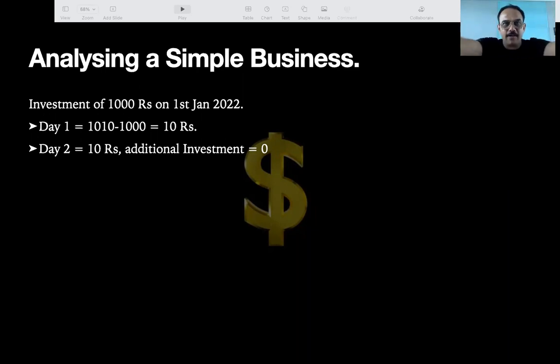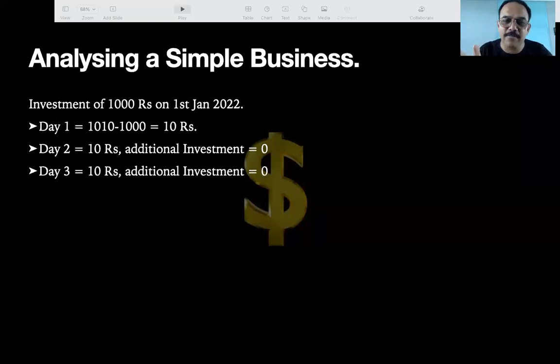He took the inventory of bread, sold it to his customers, took money from them, and he rotated the money as well as the bread inventory also. Third day, any additional investment? Did he bring any additional investment, or did he say, on the third day I have to buy some bread, so please give me a loan?